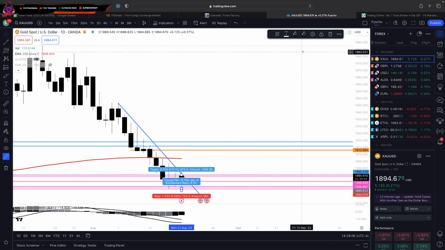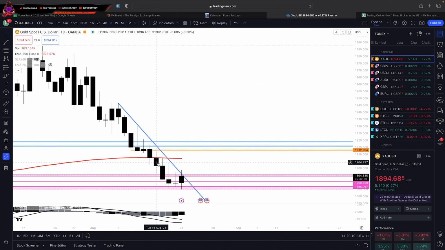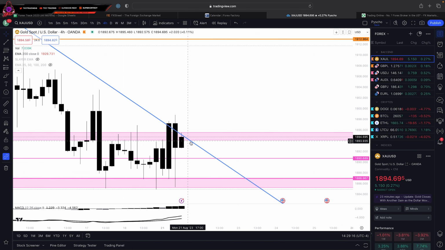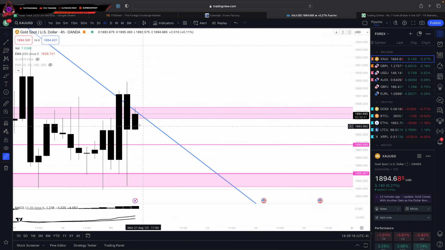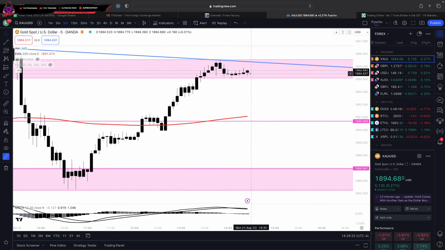So hold on, let me just delete this real quick. If I delete this, yeah, so it's on a clear downtrend on the daily. You don't want to be trading against the trend. You don't want to have a long-term bias against the trend. So if I was to go for this sell right here, which I'm actually about to do in a second, I'll make a video on this too. I'm actually about to go for this sell, but